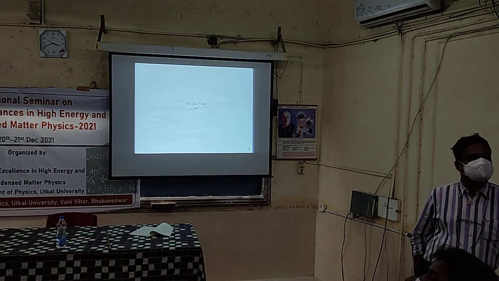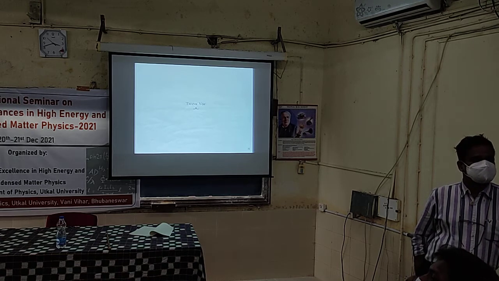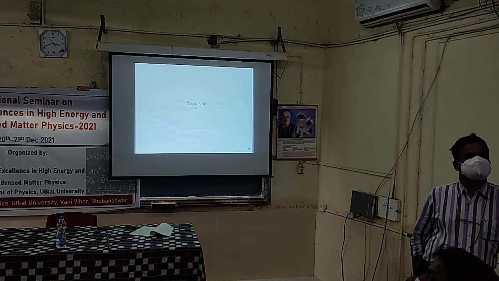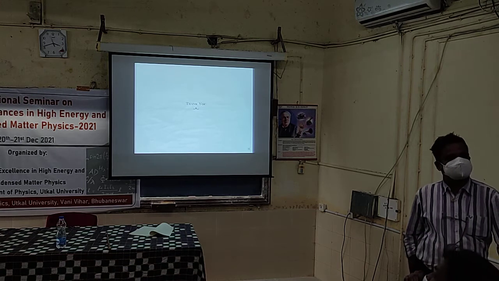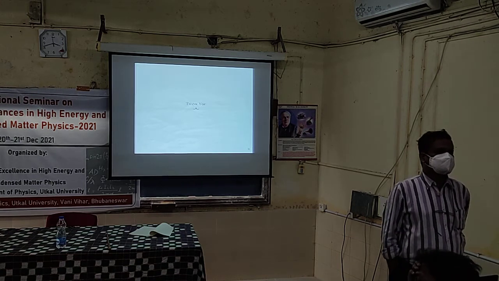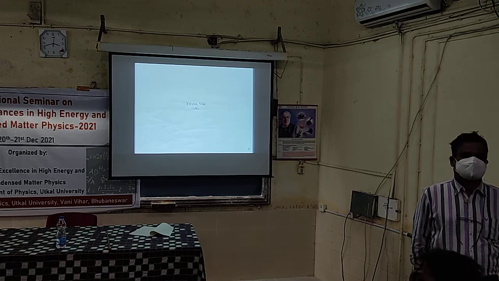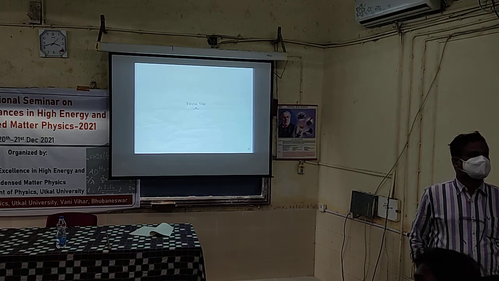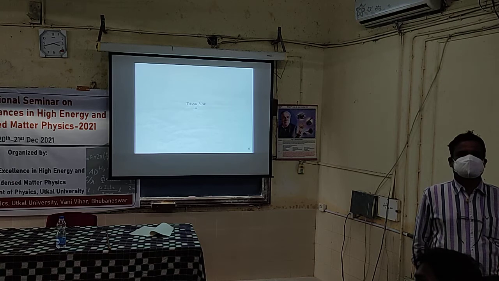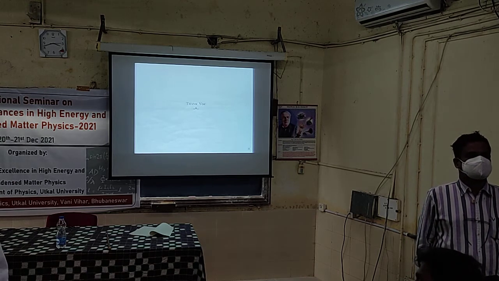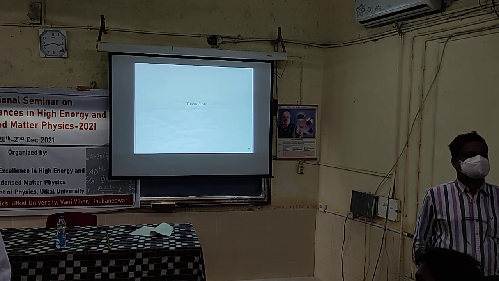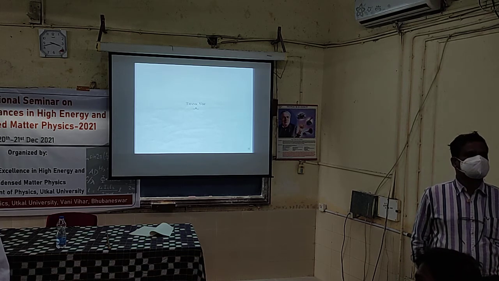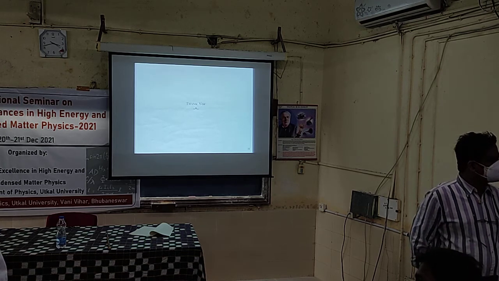How do I couple a scalar field to a Fermion field? If psi is a Fermion field, whether it should be psi bar psi phi or psi bar gamma psi phi, all these things will depend on what you want, how you model the interaction. So it's part of your input. It is not derived. It is taken as some kind of an ansatz.